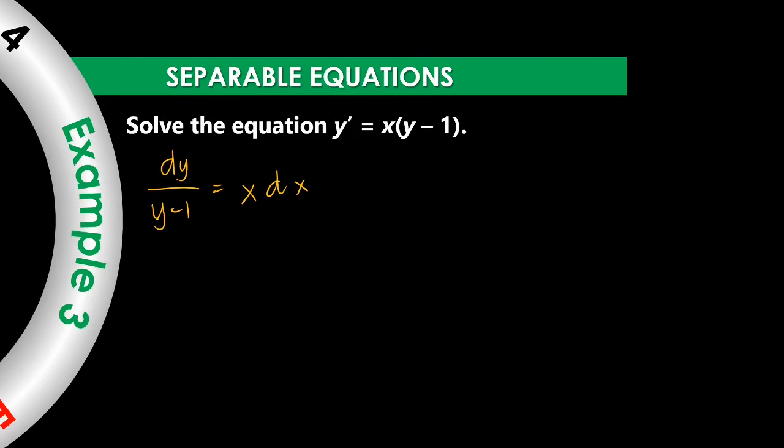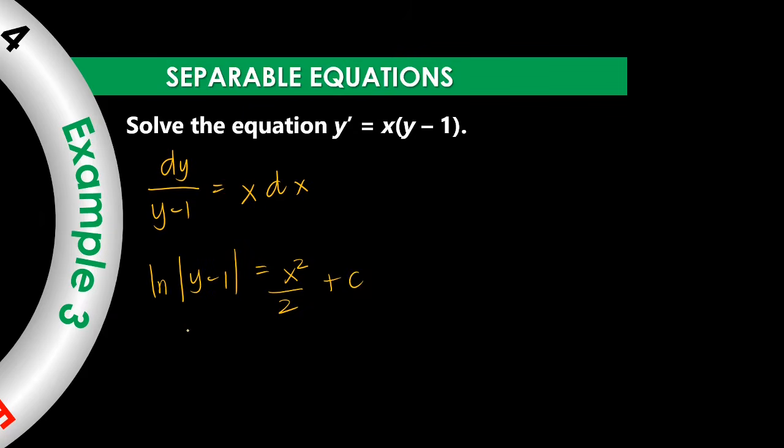And the next step is to integrate. To integrate this function, I can use the substitution method and let this y minus 1 be equal to u. If I do that, then I can express dy as du, and this will be du over u, which when we integrate is ln of u. So ln of u, which is ln of y minus 1, equals, integrating this, x squared over 2